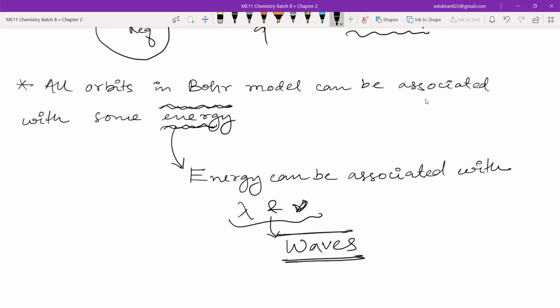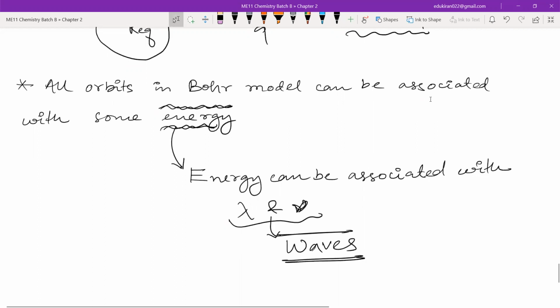Now, de Broglie will come and he will hypothesize, and he will give a proof that we can also express these orbits that Bohr has described as some kind of waves. Okay, we can also say that they are some kind of waves. Now, this is very important: the Bohr model says that every orbit will have the electron with some kind of energy. If the electron has some kind of energy, that means the electron should have a wavelength also and a frequency also. That means the electron is a wave.